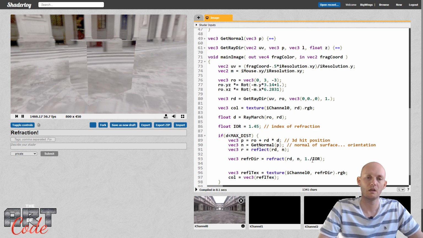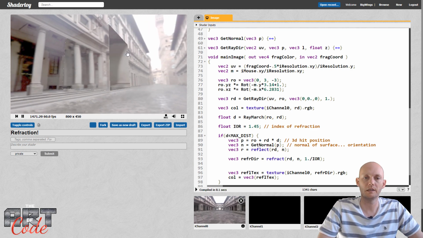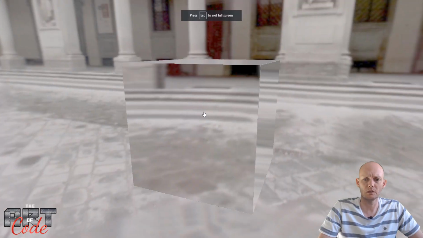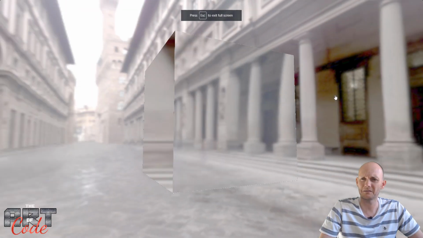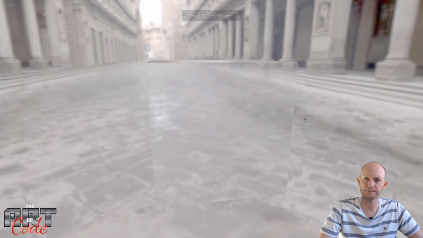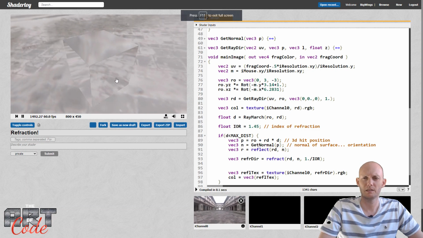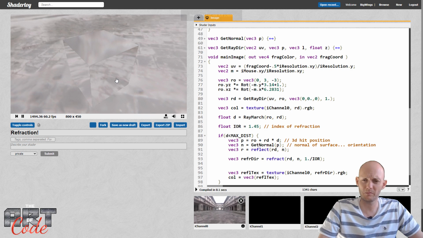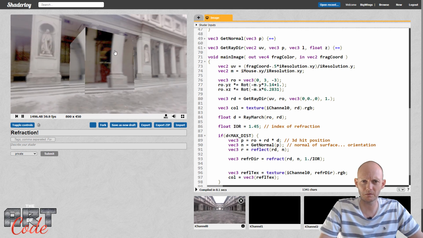So now that already looks a lot better. It looks a lot like the reflection, right? But it's not reflection, because if I look up now, I actually do see the sky, and if I look down, I do see the ground. So that's how you can distinguish those, even though at first sight it looks like it does the same thing. Still doesn't look very convincing though for a piece of glass,